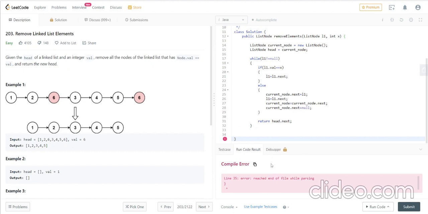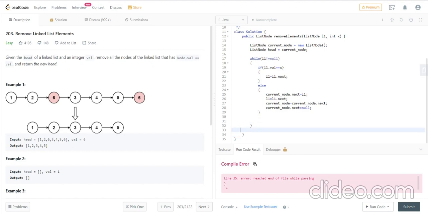Let me look into it again. We are putting the return statement in the while loop, and we don't need to do that.